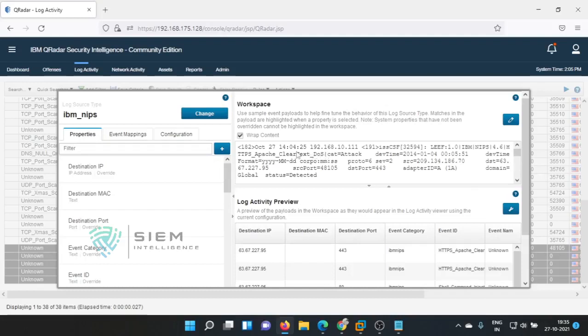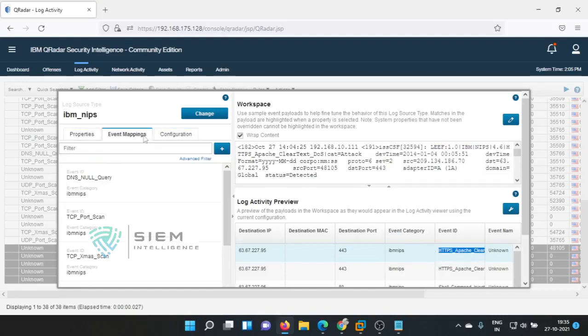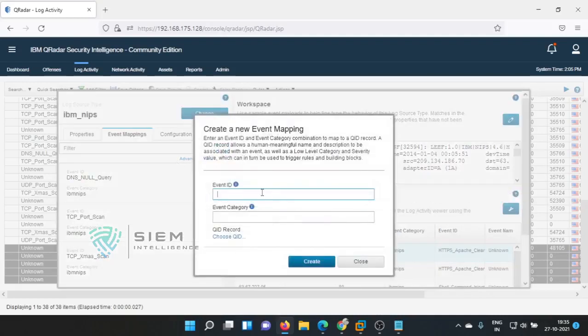So this is HTTP Apache Clear Text DOS. Now just copy this. Now I'll also map this. See, this is an IBM NIPS.